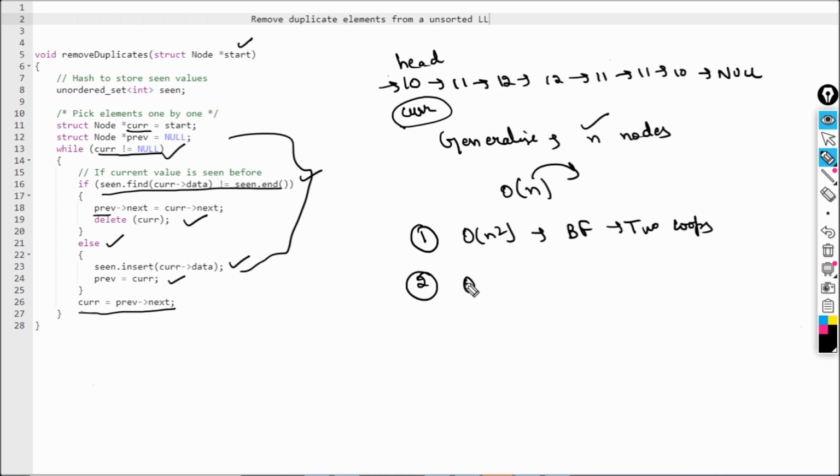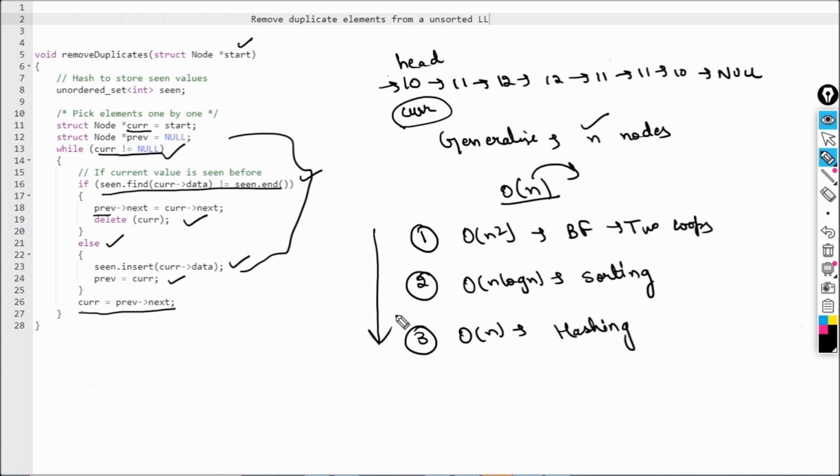The time complexity there was O(n log n), and it was done by sorting. And what's the third thing? We have achieved O(n) with the help of hashing, and we have seen the code and concept for it. So this is how we can improve our complexity, from O(n²) to O(n), for removing duplicate elements from an unsorted linked list. I hope this is clear. Thank you.